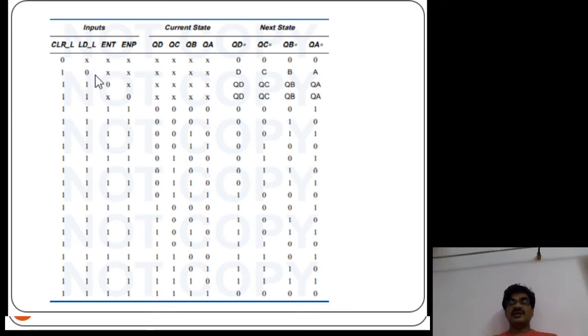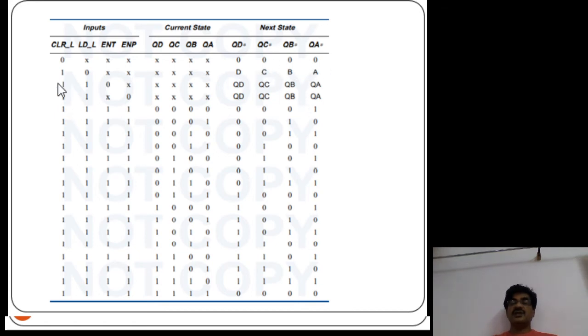If the load is at 0, because it is an active low load input, whatever the other inputs and the current state, it just loads the input data on A, B, C, D into the counter and shows the value on QA, QB, QC, QD.